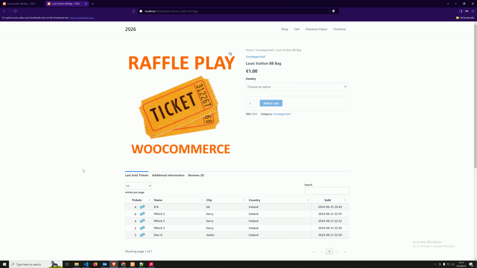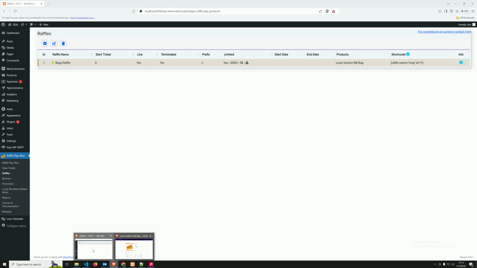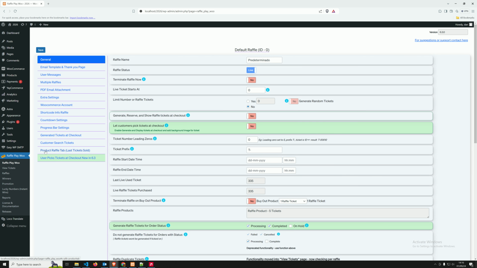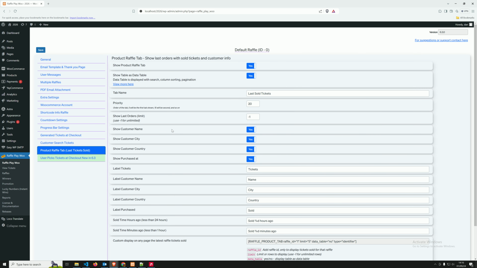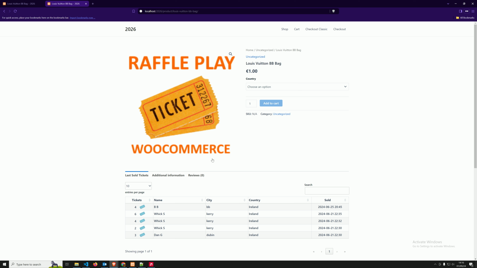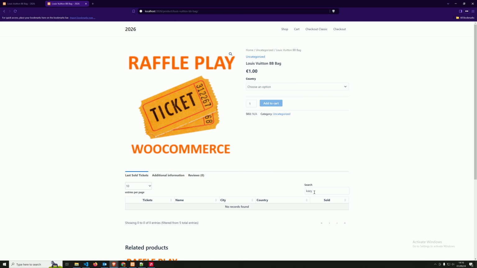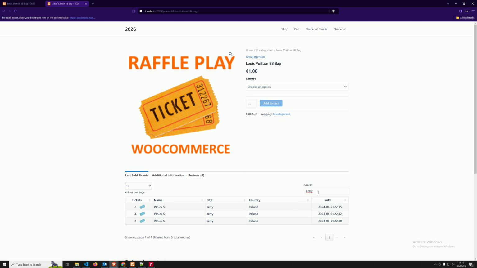So we can achieve that by going into general settings, and that is down here, product raffle tab, last ticket sold, and then we enable it here. And we have two different tables that we can show. We can show a data table like that one. This is a data table where people can actually check their names or the city. They have a search,